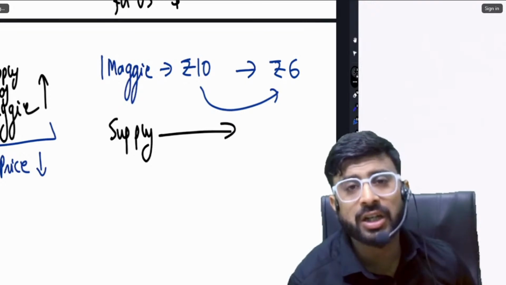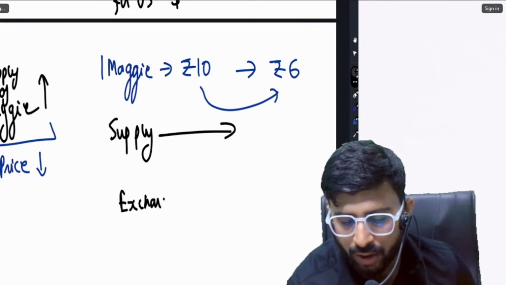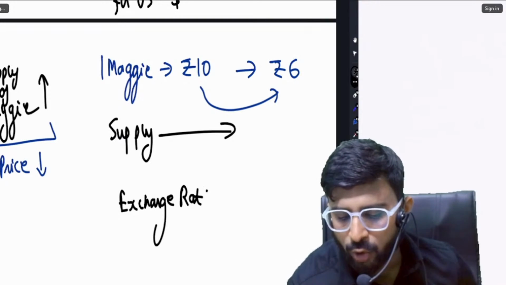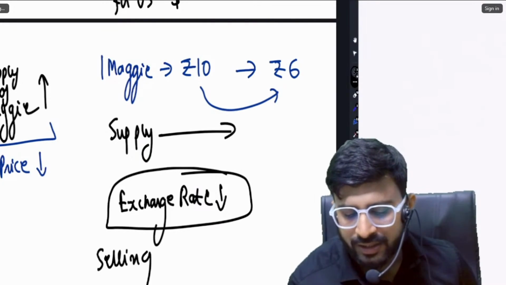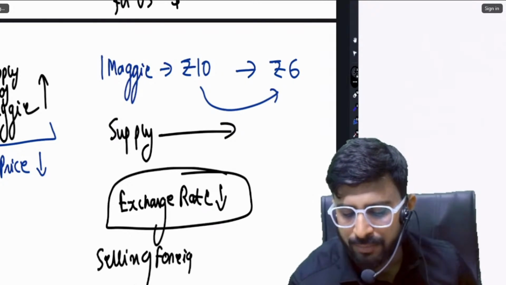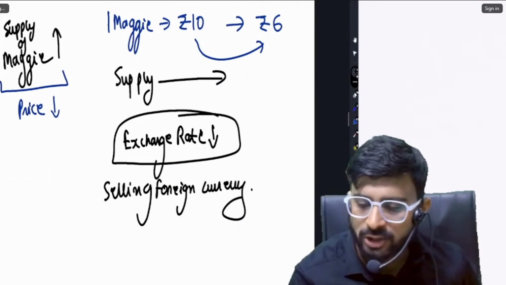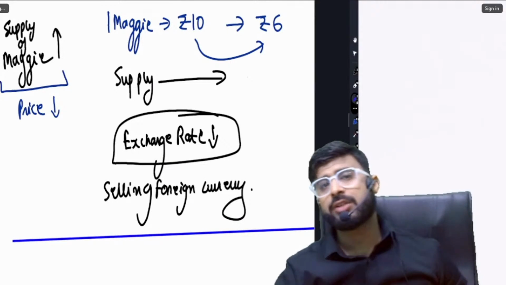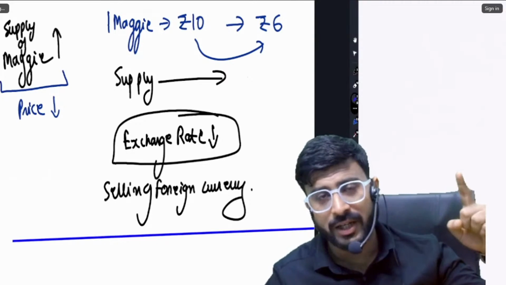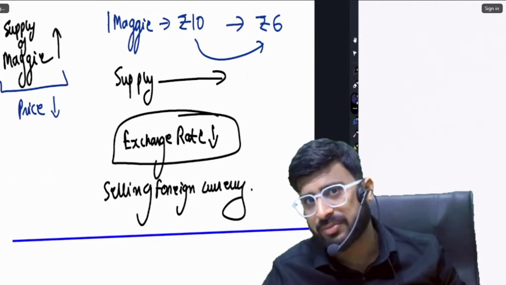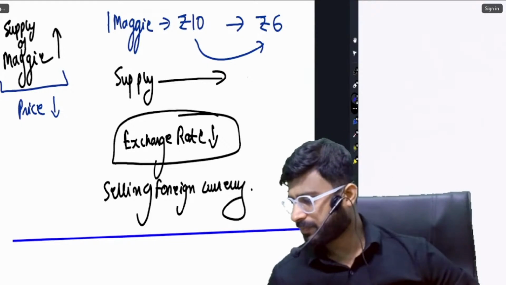Same thing with the currency. If the government wants the exchange rate to fall, then the government will start selling foreign currency in the market to increase supply, to create a situation of excess supply. Understood? So don't ask me how the government changes the exchange rate. This is how it does it. And remember, the government has a lot of money. Government in fact prints money. Hence the answer.